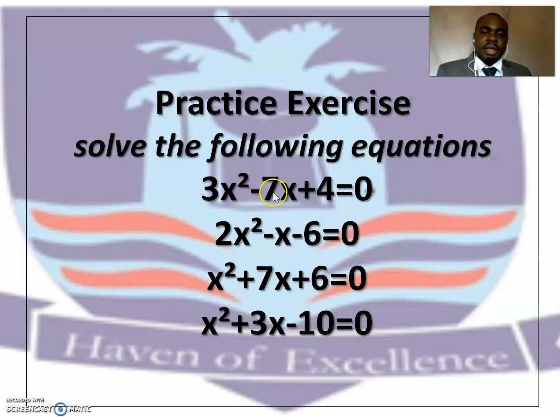3x squared minus 7x plus 4 equal to 0. 2x squared minus x minus 6 equal to 0. X squared plus 7x plus 6 equal to 0. X squared plus 3x minus 10 equal to 0. Find the roots of this expression using factorization method